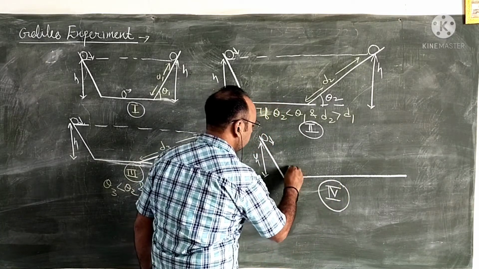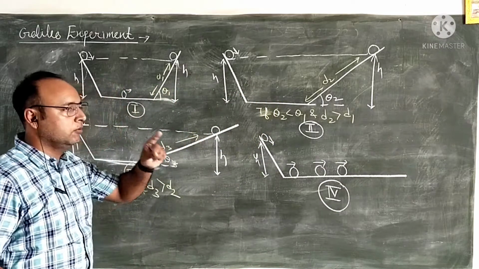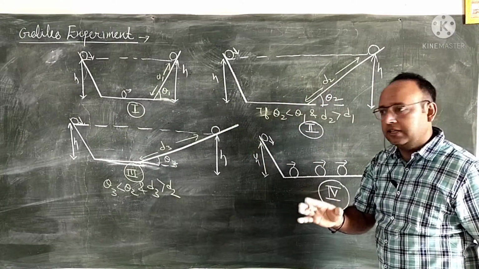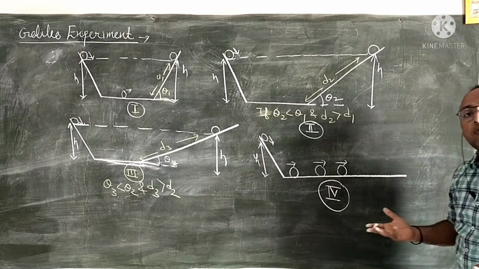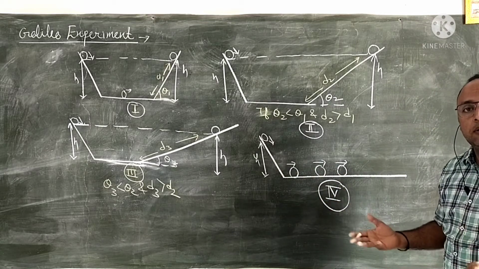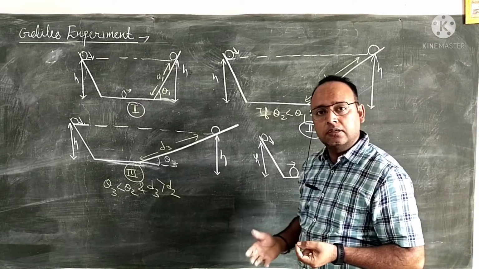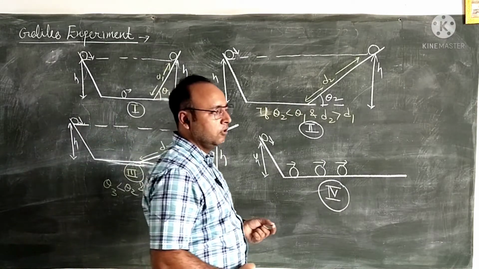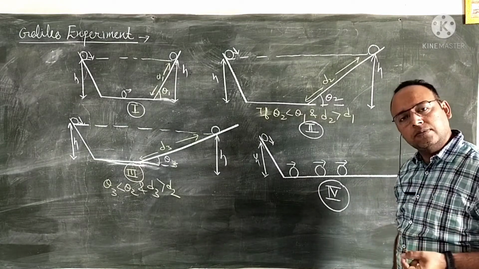In all the cases, the ball comes to rest only when it attains the same height from which it was released. But in this case the surface is flat, so the ball will never come to rest because it will never attain its height. This is Galileo's observation: the ball will never come to rest if the surface is flat. But we know that there must be a force which stops that ball. That was the force of friction. So the ball comes to rest after covering some distance.